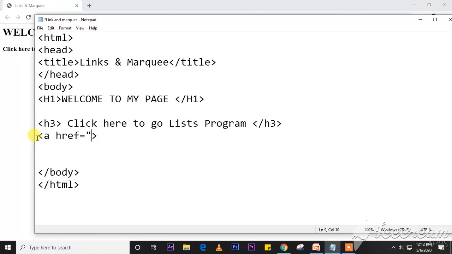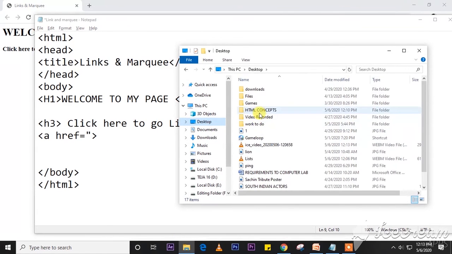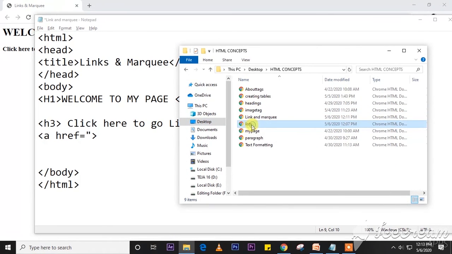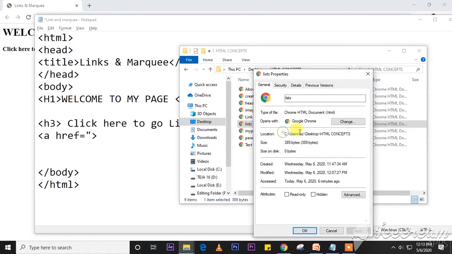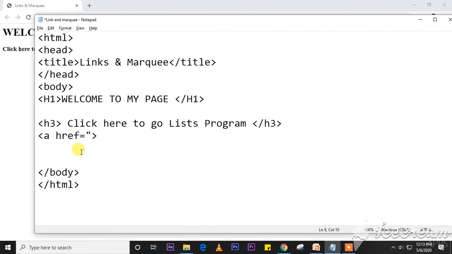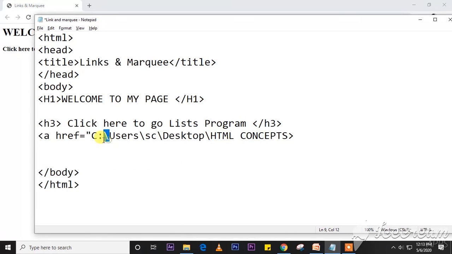write a href, then double quotation and write, choose the file. My file is in HTML concept. Here lists program, right click on that one, properties, copy the location of the file and click on OK, paste it and change the forward slash into backward slashes.